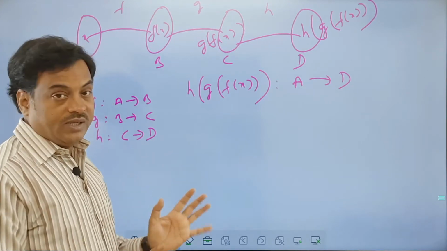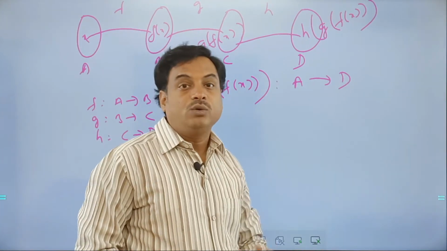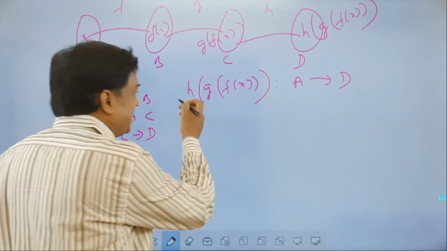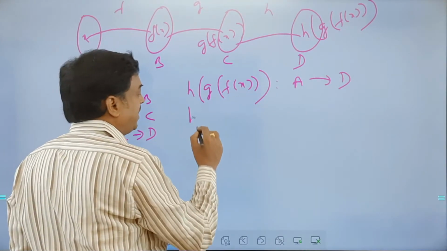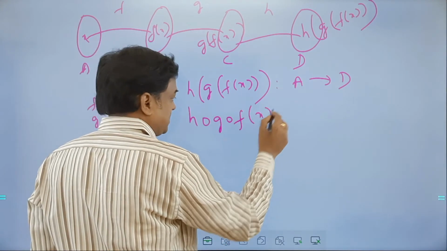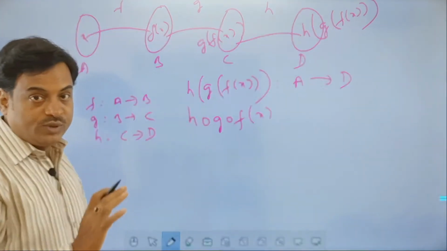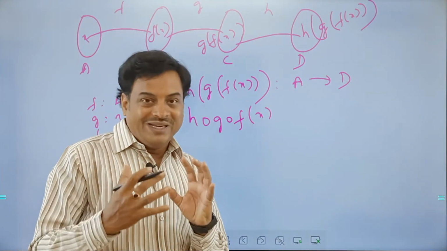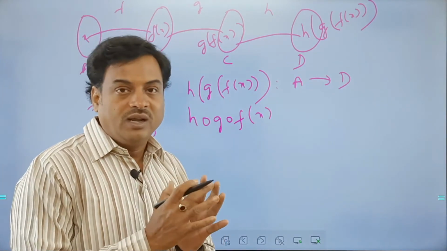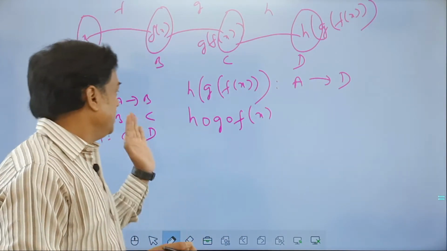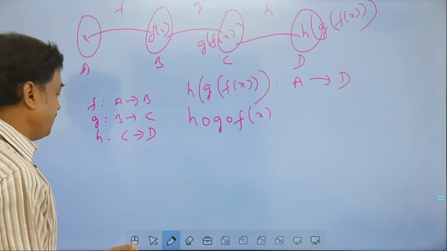So this is what happened, and then we can call it an A to D function. Okay, all of you? This is what is important, and the same thing in your questions you can find as h of g of f of x. Both are the same. So what is basically a composite function? Composite function means combining two or more functions into one, or making a single function, is called a composite function. Okay, so this is the concept called composite function.